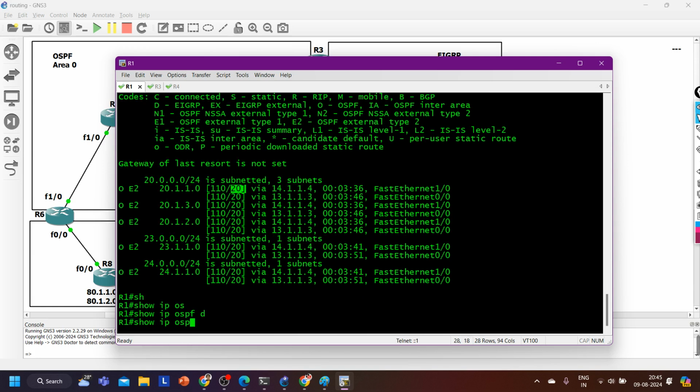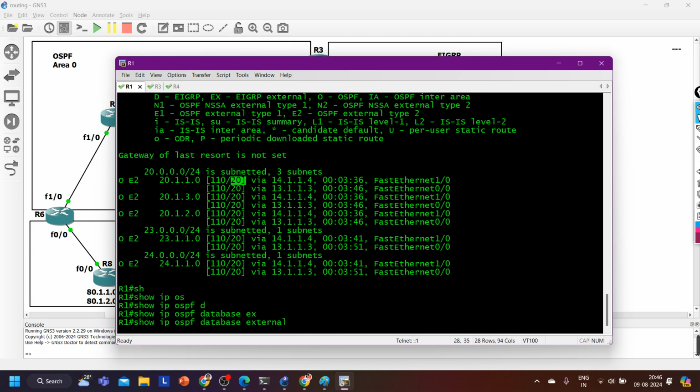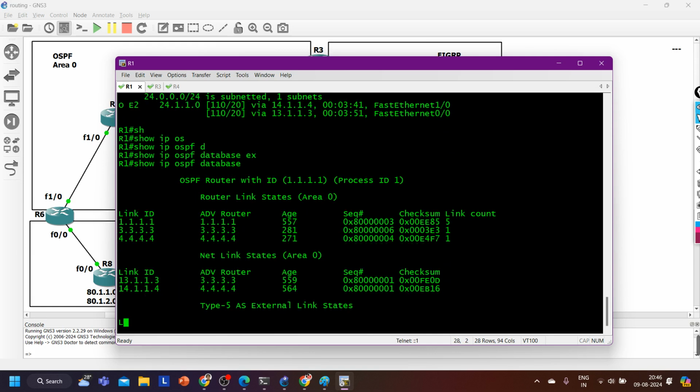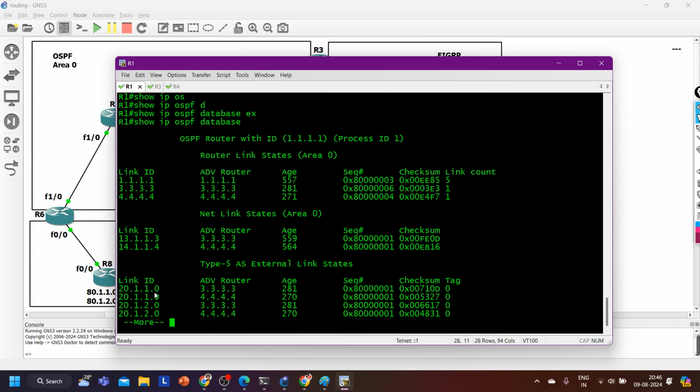So IP OSPF database, then external and external LSA of any router you can check. You can see 3.3.3.3 and 4.4.4.4, both routers are advertising